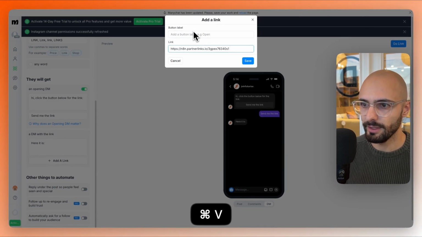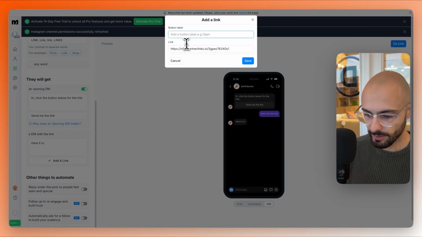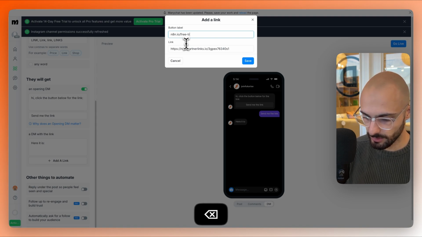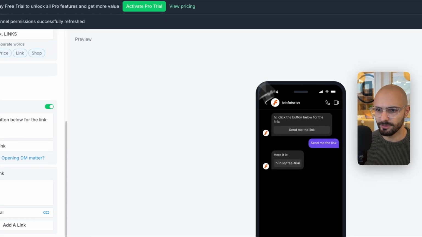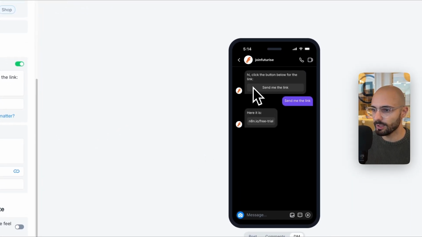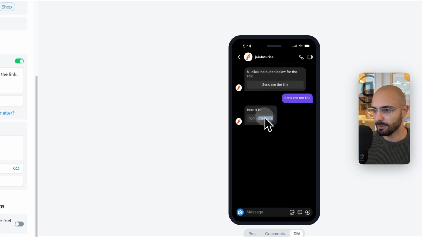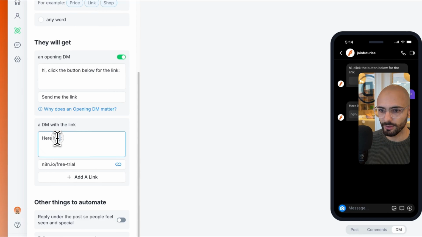You'll paste the link in there, and then the button label, you can write something like n8n.io/free trial, something like that, and then click save. So that's what it's going to look like. You can see here, hi, click the button below. When you click send me the link, then it returns here it is with the link for them to sign up. You can even write sign up here,